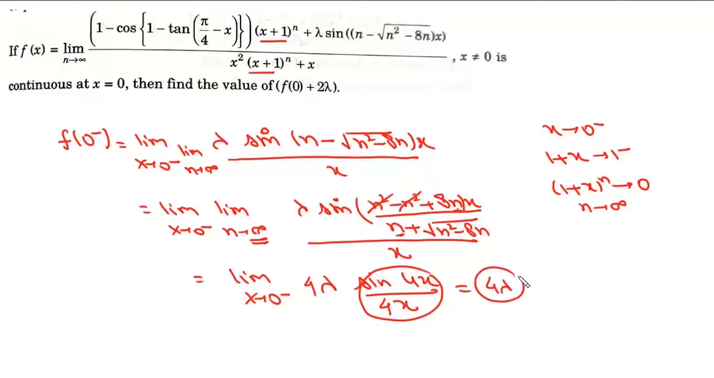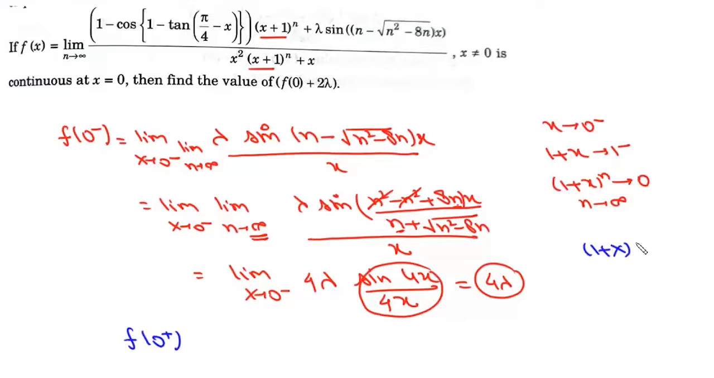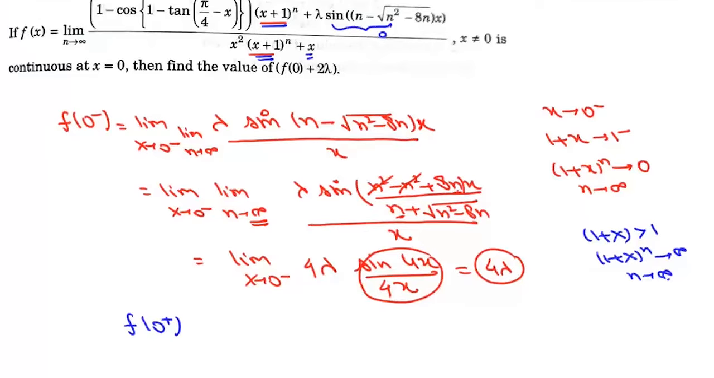Now if we look at f(0) positive, in that case 1 plus x is greater than 1. So (1 plus x) to the power n is infinite when n tends to infinity. So we have to divide everything by (1 plus x) to the power n. Now in that case this will be 0 and this part will be 0. So now we can write this limit as limit